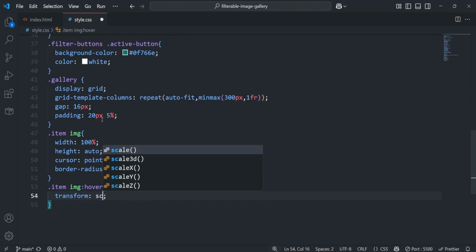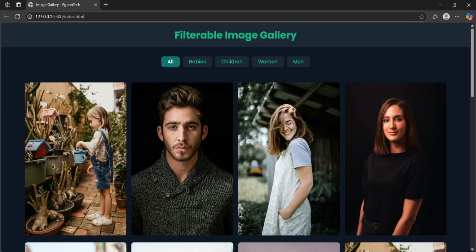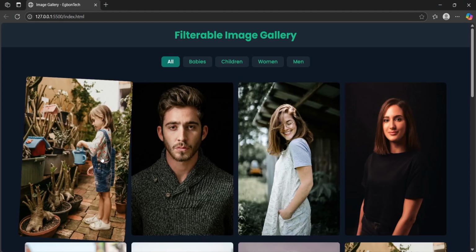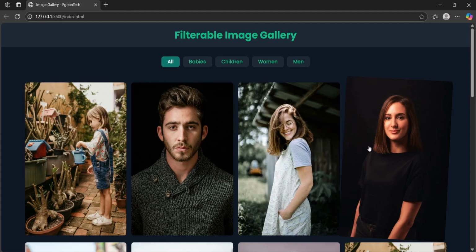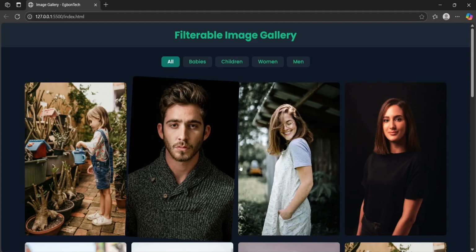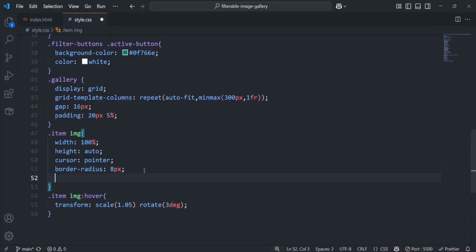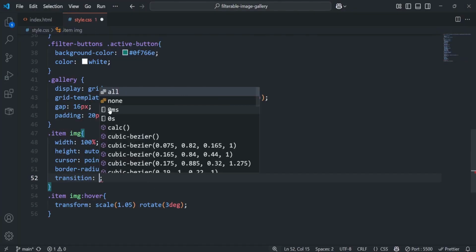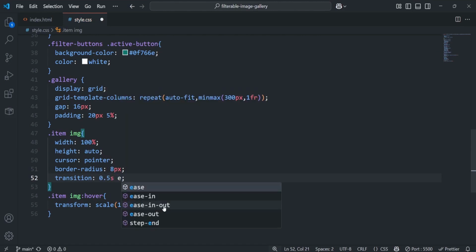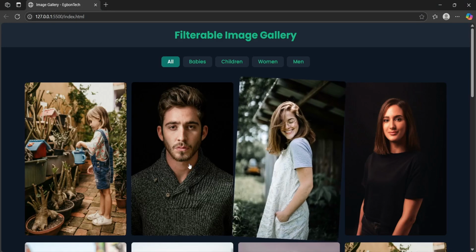First of all, I want to apply a scale of 1.05, then a rotate of 3 degrees. Okay. And when I hover on one of these images, you can see it actually rotates and zooms a bit by 1.05 scale. Okay, so to make it look really cool and smooth, we're going to add a transition to the image. So up here, I'm going to say transition 0.5 seconds ease-in-out, and you can see that little smooth transition on this image when we hover on